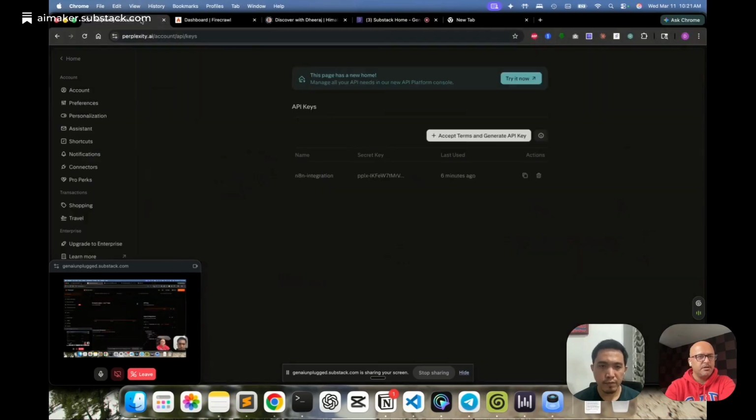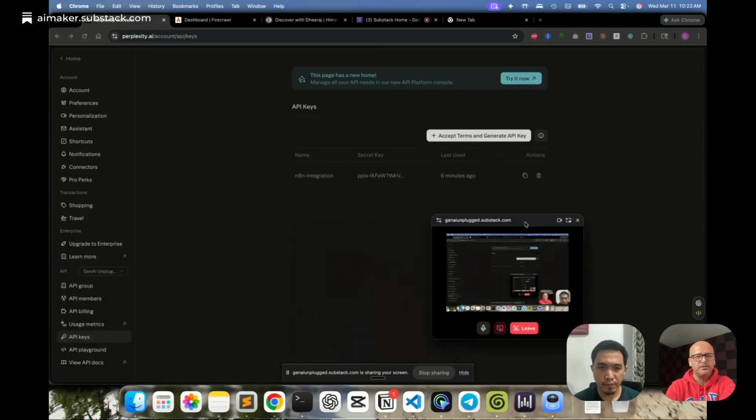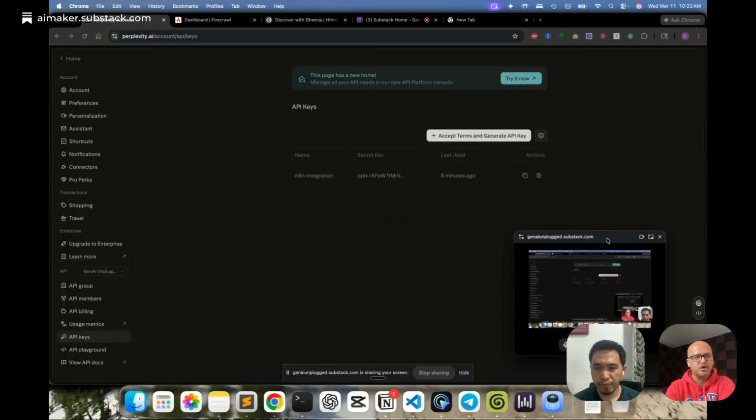Similarly, for the Perplexity one, you can go to your account over here. But for Perplexity, you would need some sort of top up in terms of money. I loaded $5 and then it continues. At the bottom of your account settings, you would see this API section where you have to create a new API group. I have already created a GenAI Unplugged group. Creating this new API group is more like segregation. Then you are going to get all these sections once you have created the group.